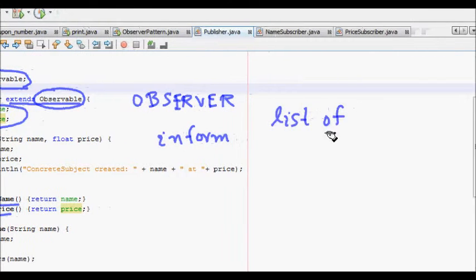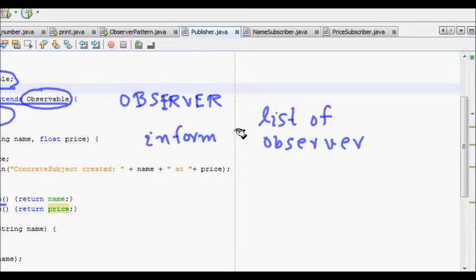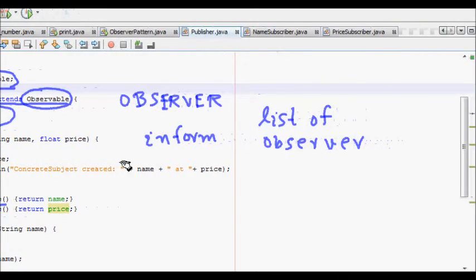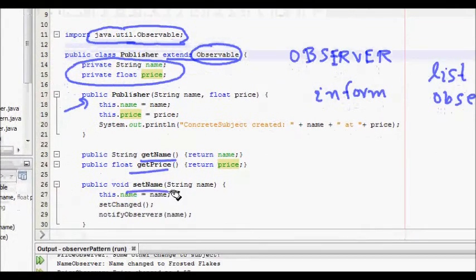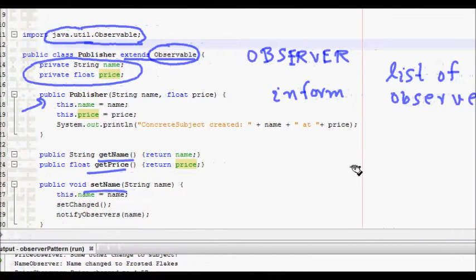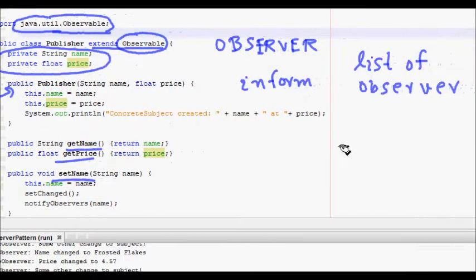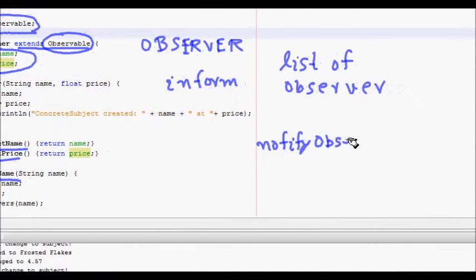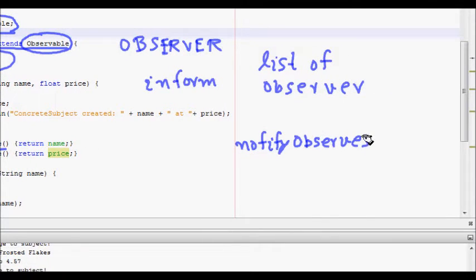This means that the class should have a list of observers. This is very important. It should have a list of all the observers, which can be an array or a list, whichever way you maintain it. And whenever we are setting the data items and there is a change, we need to notify the observers.